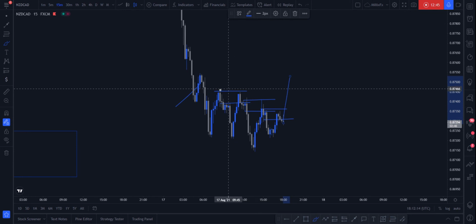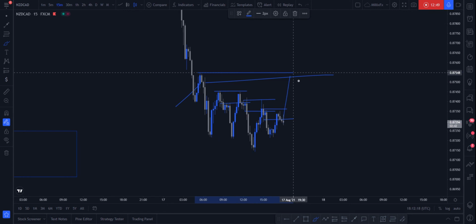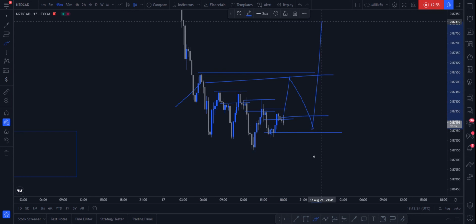Okay, so let's hope it breaks and we just wait for it to tap and mitigate on this particular order block right there, back into our order block that will be found around this area, and then we move price to the upside. So that is my weekly outlook on this